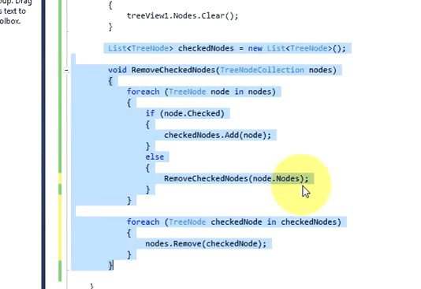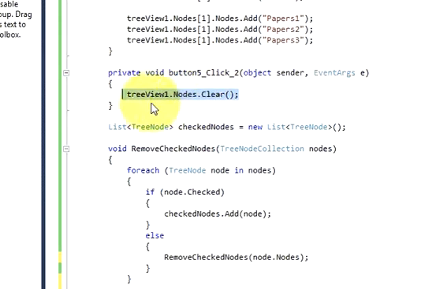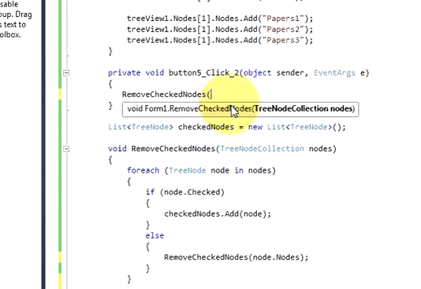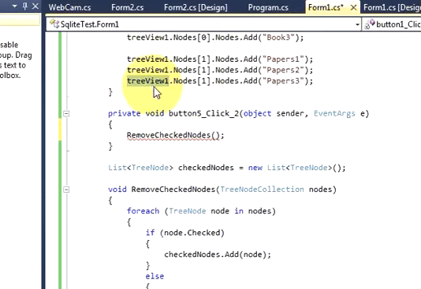Now, when we have made this function, we need to call it in order to remove the nodes. So I will just copy this remove function name, and instead of this Clear method which I was using to clear all the nodes, I will write this function name, and inside this function I will pass the name of my tree view, which is TreeView1 dot Nodes. Okay,